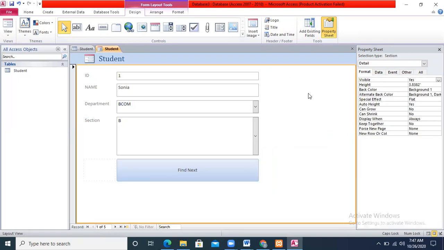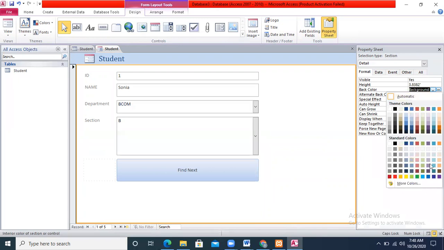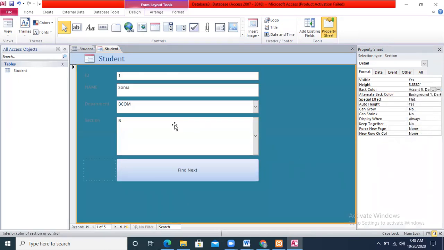For example, if I want to change the background of my particular form, I just click over this form and then the property sheet of the form is enabled. You can see this yellow line, which means this particular form is right now activated. Now I can change the background color of this form just by clicking over these 3 dots. I will have the color panel. This is the palette which contains different kinds of colors. For example, I will select this particular color. So my form will become a different kind of view.